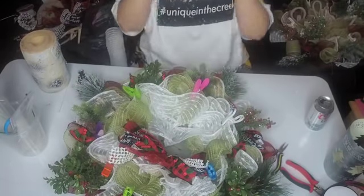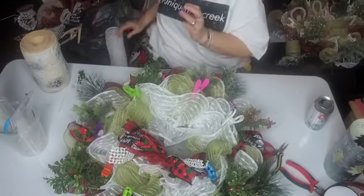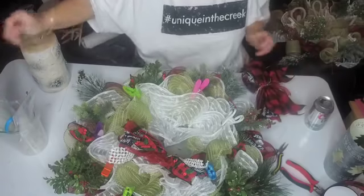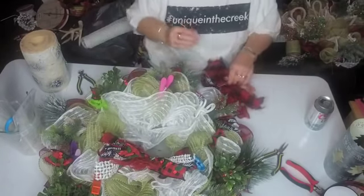So if you want to do a nice, fun, sparkly centerpiece, then you would use the fun colors. This was more of a rustic centerpiece, so...